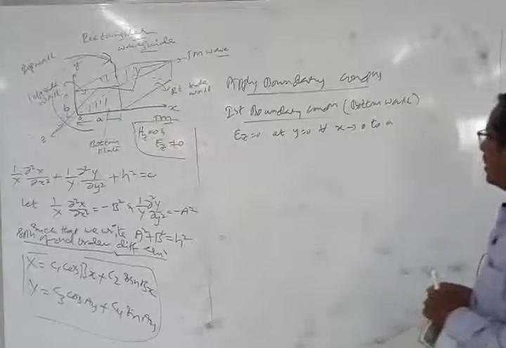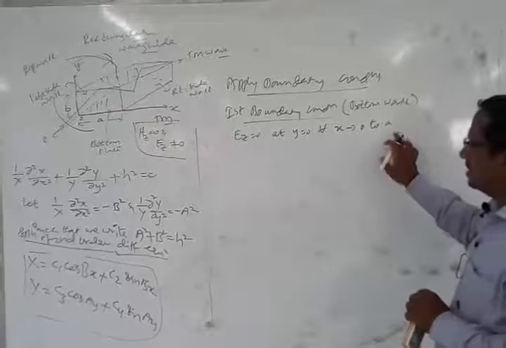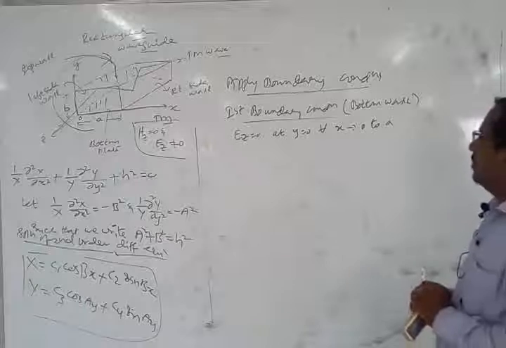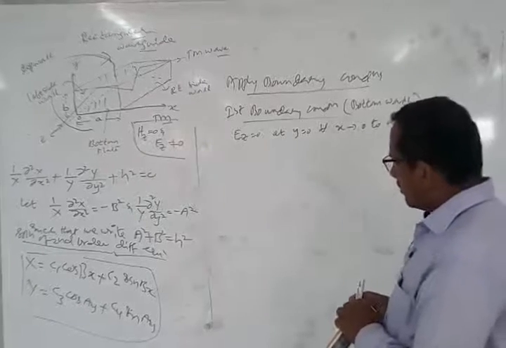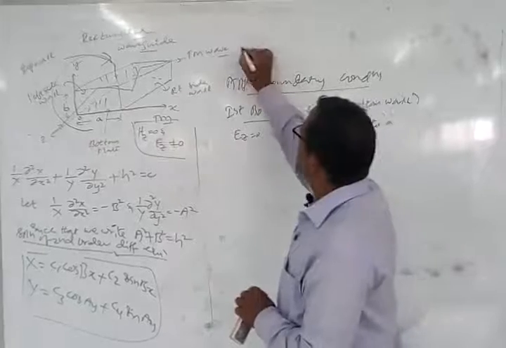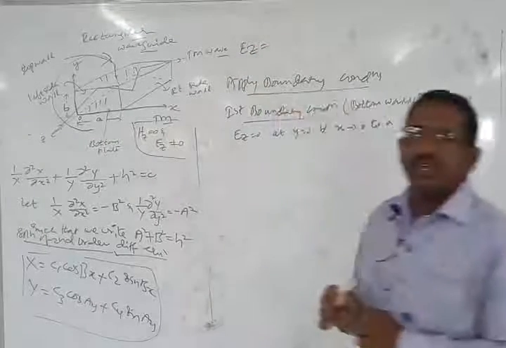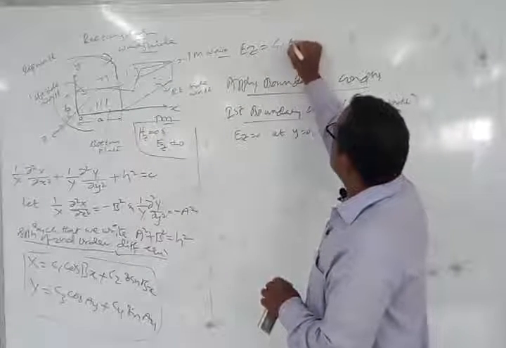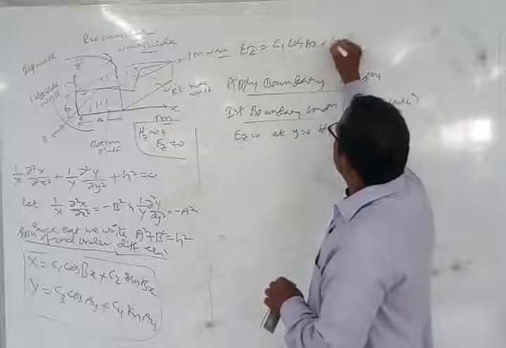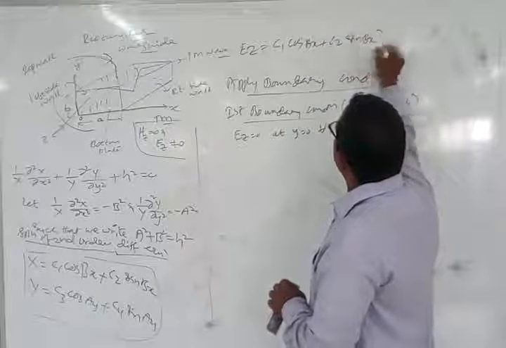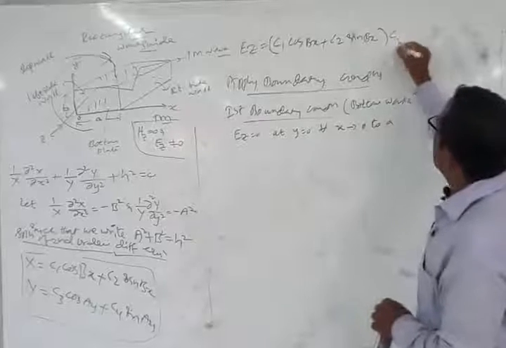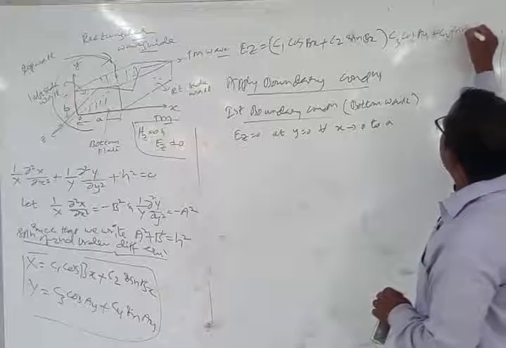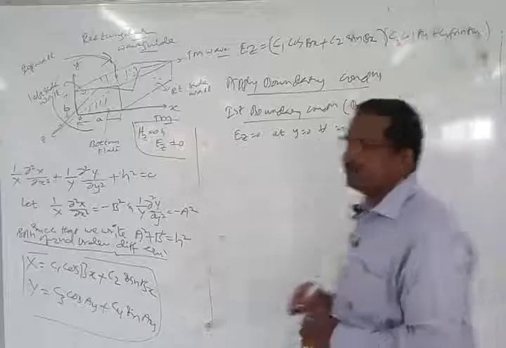Okay. Now by considering this first condition, we substitute this in the previous equations for x and y components. Now before that, what about the x and y components basic equation that we can write now? Ez is equal to x into y. Just now we got x into y. So we will write C1 cos bx plus C2 sin bx whole into C3 cos ay plus C4 sin ay.